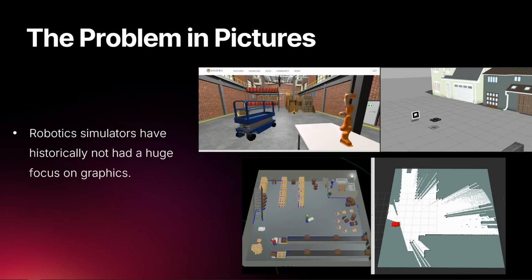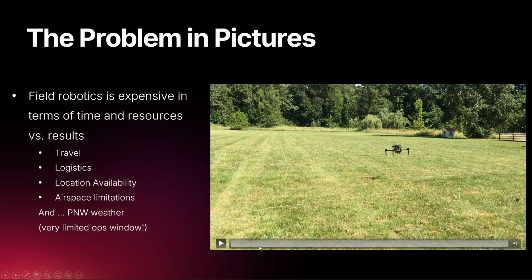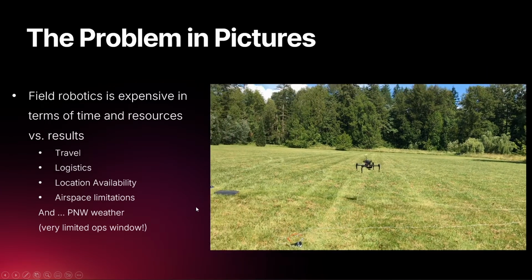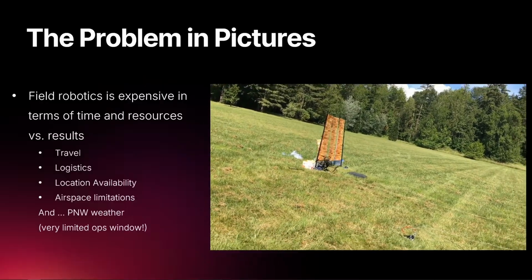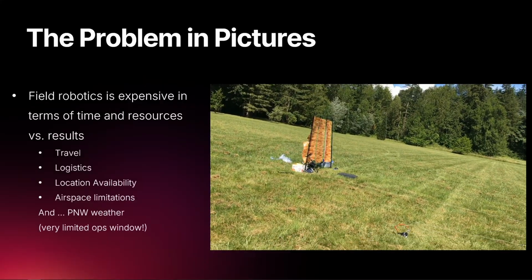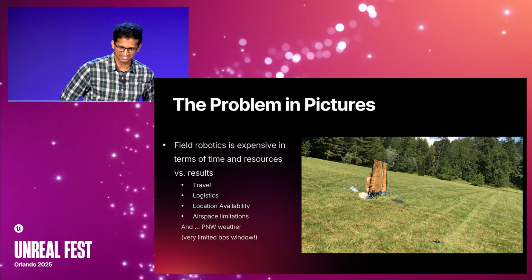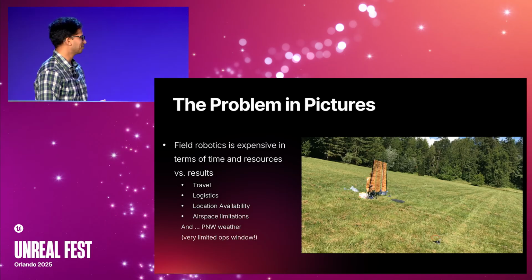Like, how do you get to some level of autonomy, and how do you get to a place where you don't require a ton of human attention to have them do what they're supposed to do? And this is an interesting little video. This shows a couple of seconds of a mishap in field robotics, which means maybe thousands of dollars or maybe another week or something like that. So it's very expensive in terms of time and resources.